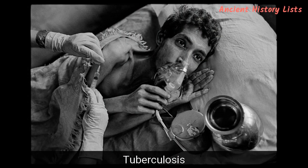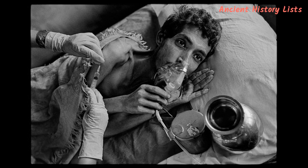Number 9. Tuberculosis. Tuberculosis was a vicious disease which killed many people during the war. It was caused by a slow-breeding bacterium called Mycobacterium tuberculosis. There were 2 stages to tuberculosis, the primary and the secondary stage. It was very rare to diagnose the primary stage through chest X-rays, but if patients were diagnosed with the secondary